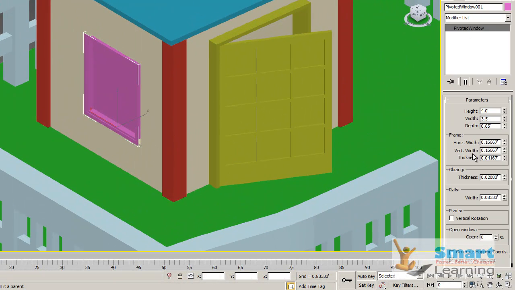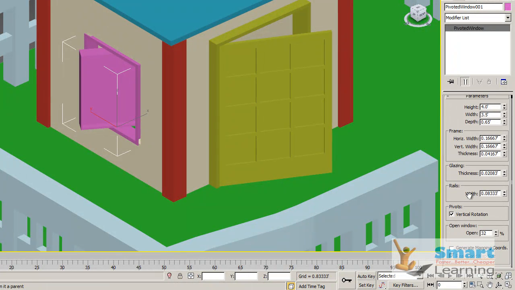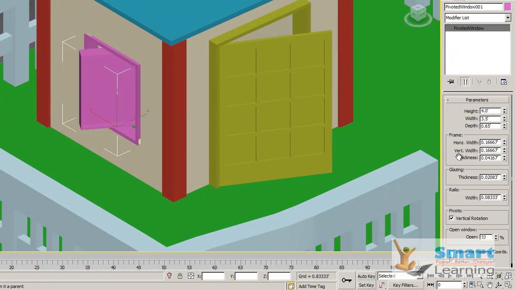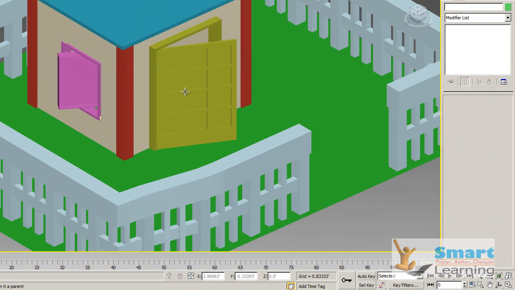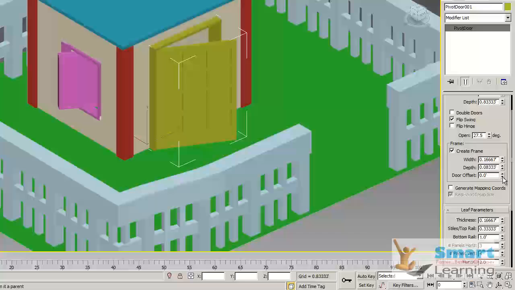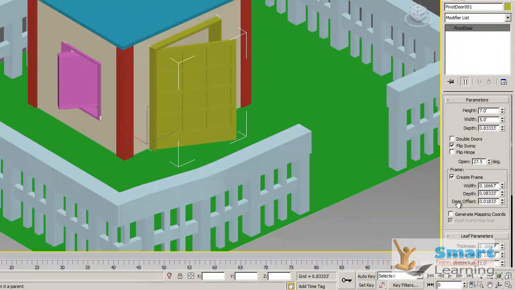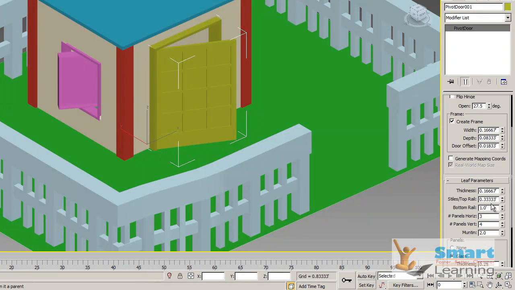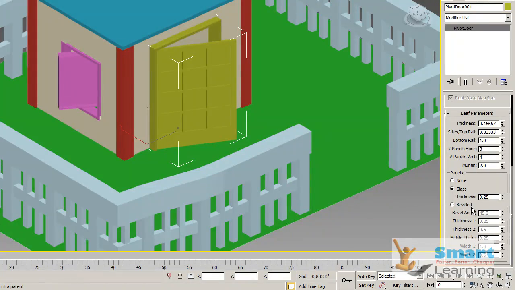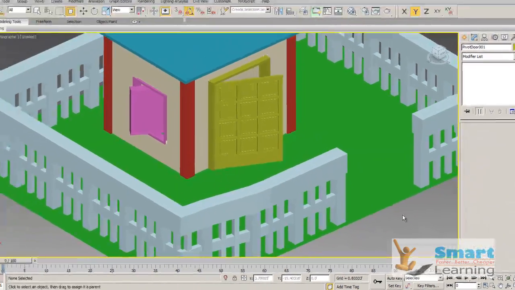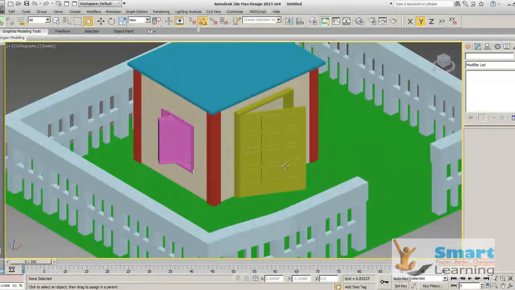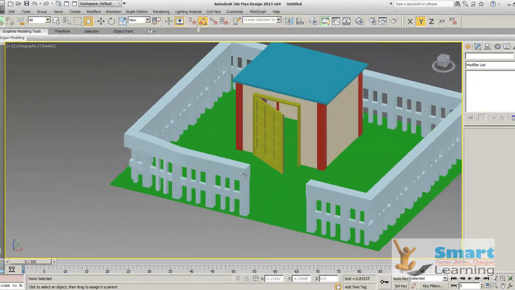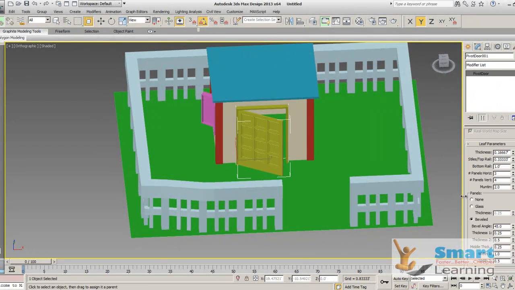And now you can go to modify and you can have the rotation. You can have vertical rotations, and that's it. Here also you can have door offset, width, the leap parameters. You can have beveled like this. So all this you can directly set here. Select this,